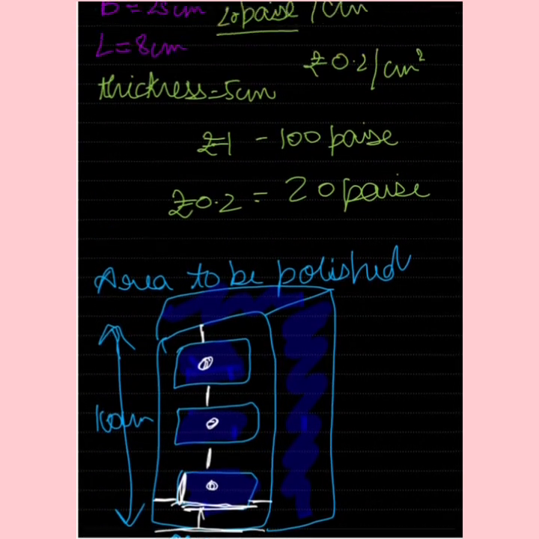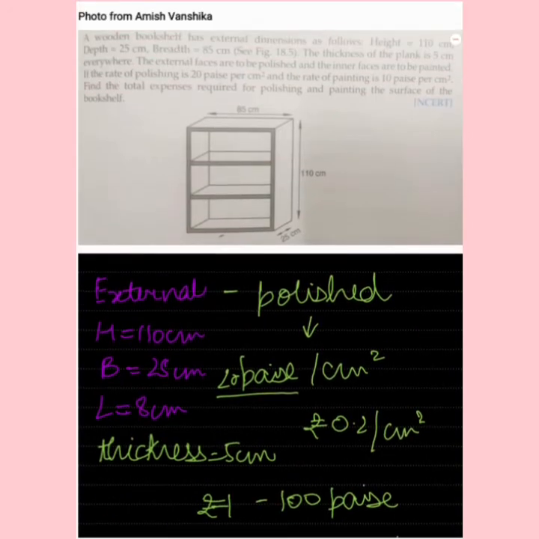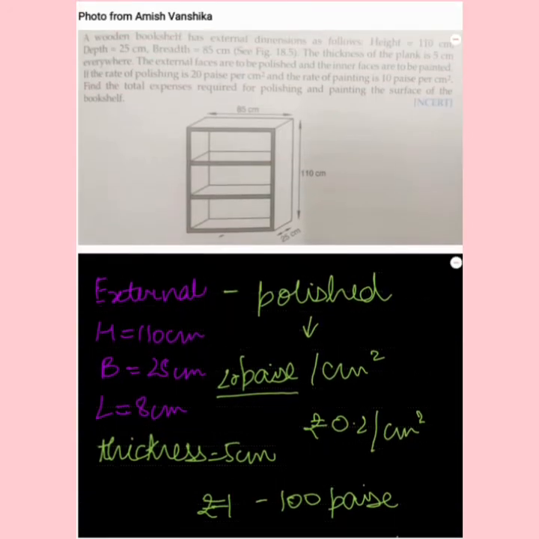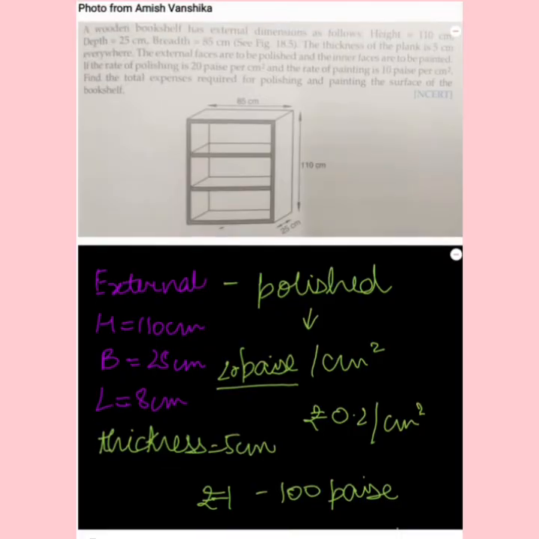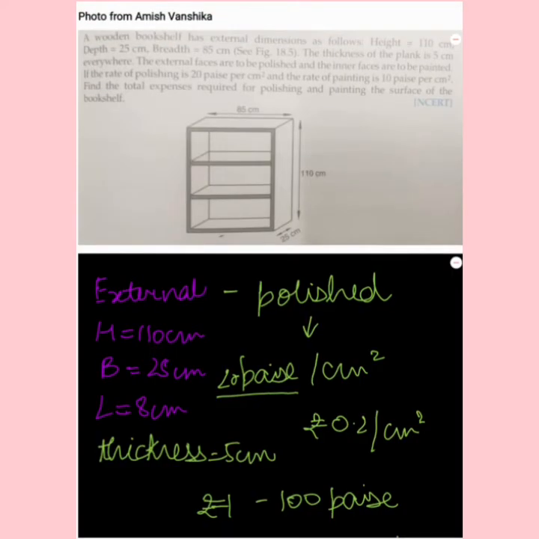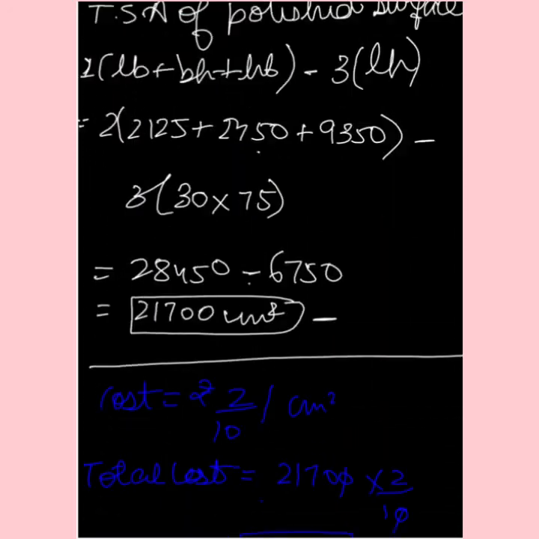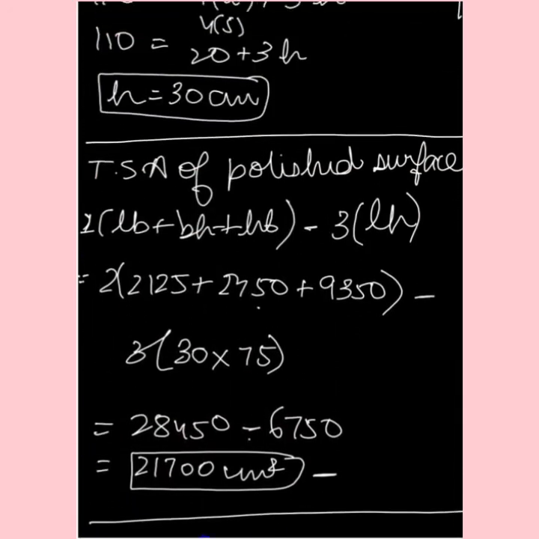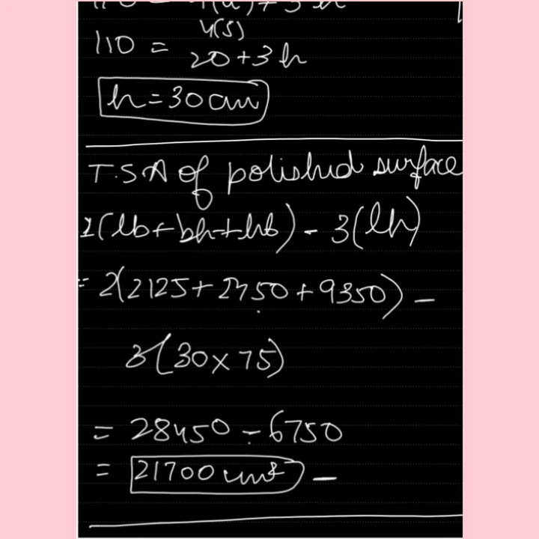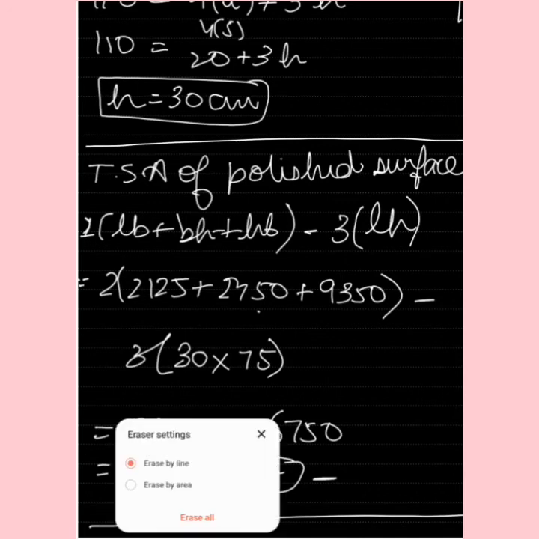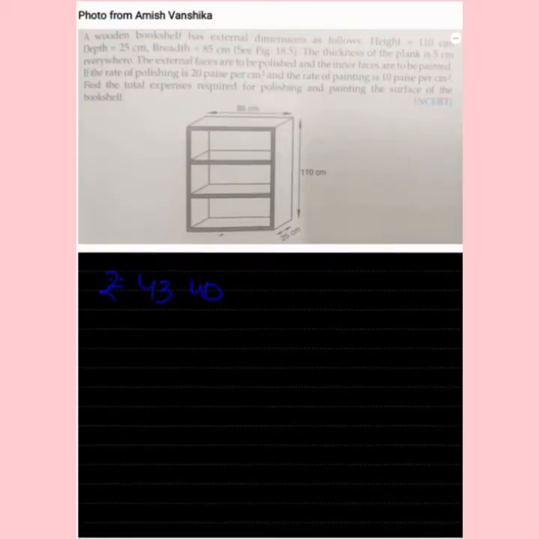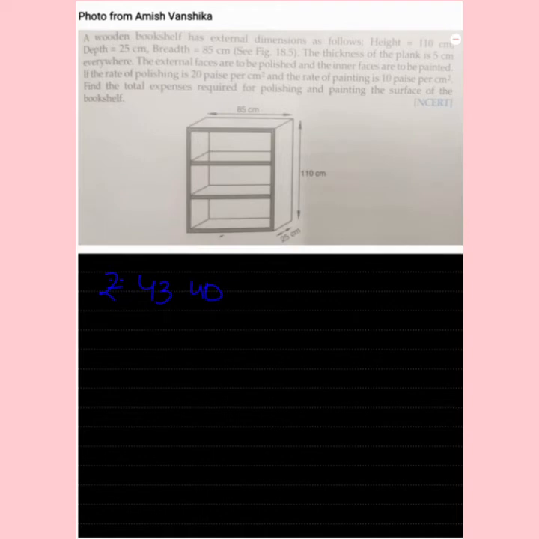Now we are also asked in this question that the inner faces are to be painted and the cost of painting is 10 paise per centimeter square. Now let's do. Let me erase all this. Now the cost we earlier calculated was 4340. At last we have to find the total expenses. So inner faces,